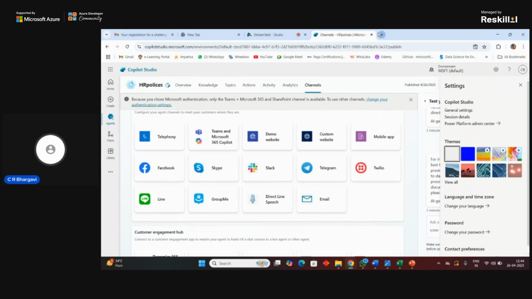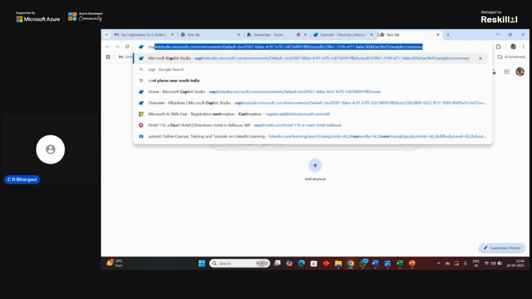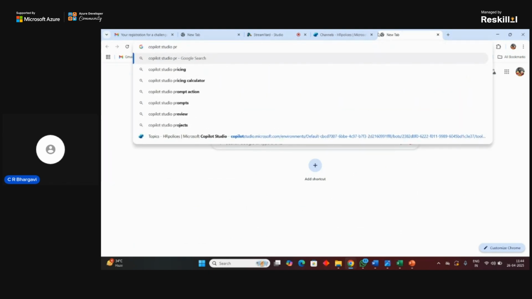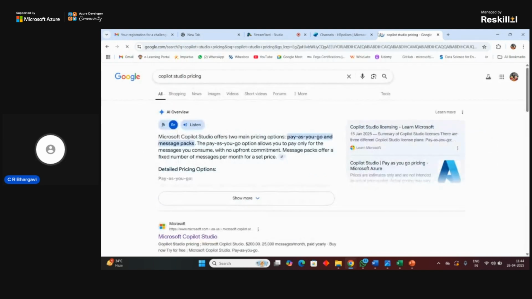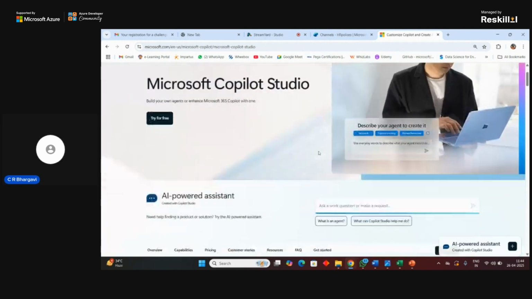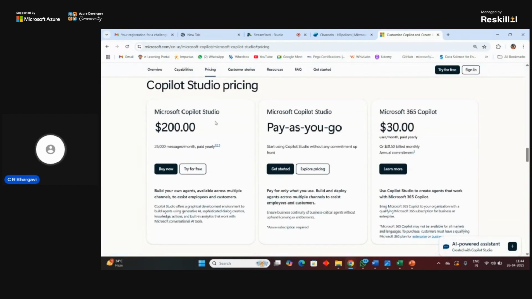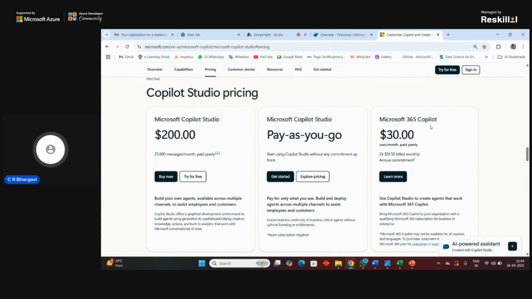Now coming back to the pricing part of this. When you go to the Copilot Studio site and go to the pricing part, you would be able to see various options for Copilot Studio pricing.